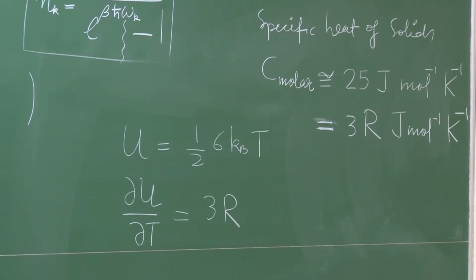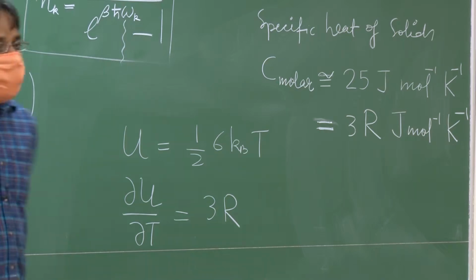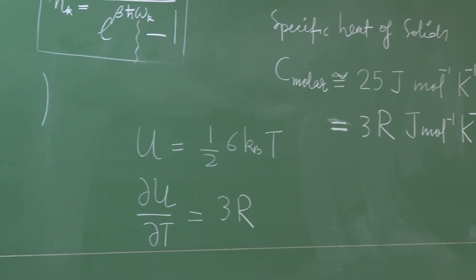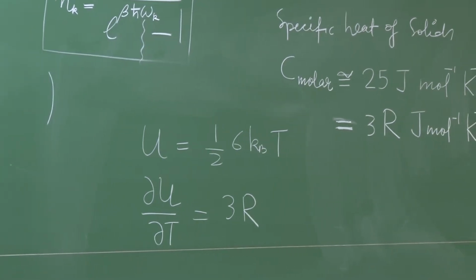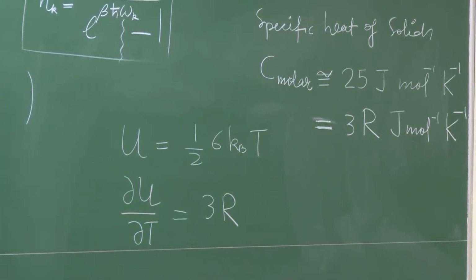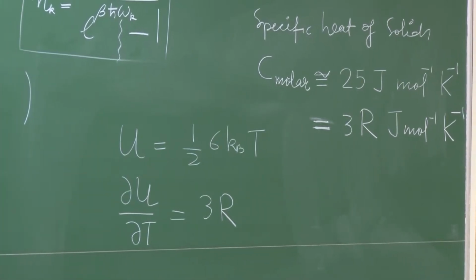But the surprise came when the experimentalists started doing such measurements at low temperatures. When they measured specific heat at low temperature, a big surprise came. What they discovered was that the specific heat near room temperature is indeed close to 25 joules per mole Kelvin,